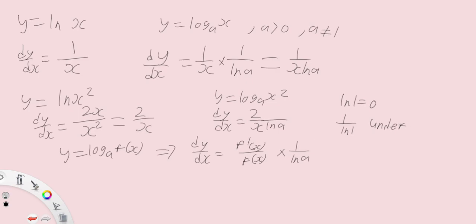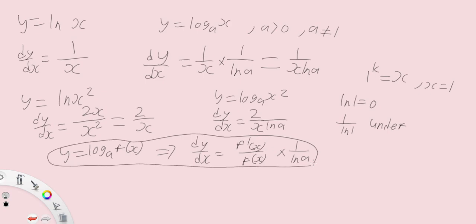Another way to think about it is that if a equals 1, that means 1 to the power of a certain k equalling any x is impossible, as x will only be 1. x can only take 1 and no other value. And as such, for log 1, there's not really a derivative. And therefore, we get this formula for your logarithm differentiation, with the main feature being f prime over